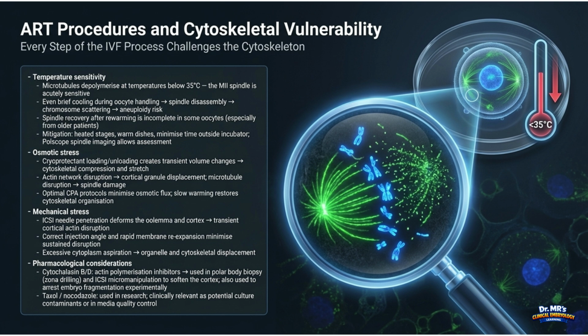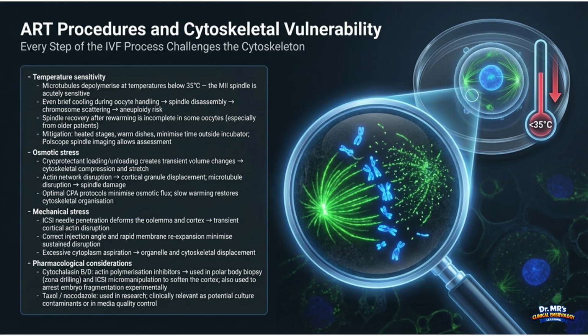In that older oocyte, the cohesin is already severely degraded. The chromatids are loose and wobbling, the spindle assembly factors are depleted. When you melt the spindle with a cold shock, the chromosomes scatter. And when you rewarm it and the MTOCs try to desperately rebuild the spindle from the RAN-GTP gradient, those loose,